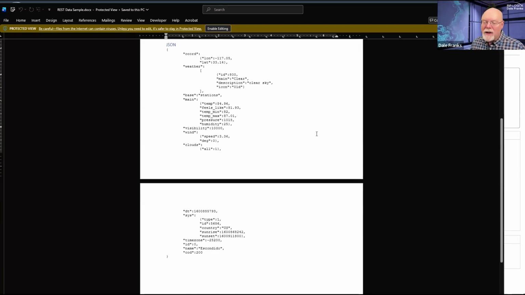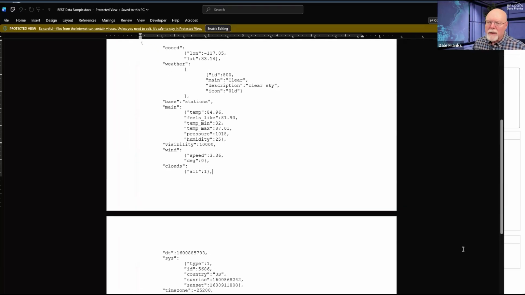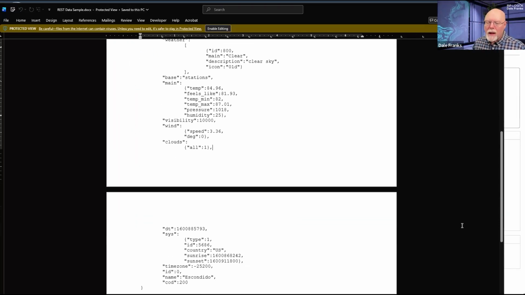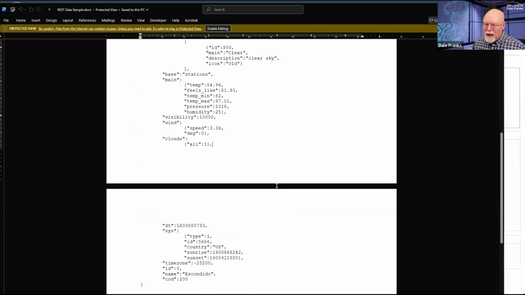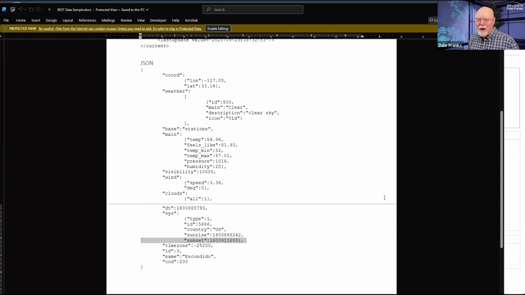Then we go into JSON, and this is what the JSON data looks like. Both of these are from OpenWeatherMap. So this is the structure that the data comes in from openweathermap.org. So the JSON looks a little different. Let's make this a little bigger so it's a little easier to read. I don't think we can get it all on the screen at the same time unless, can I do that? Yeah, I can do that. Now we can get all of our JSON on the screen at the same time.